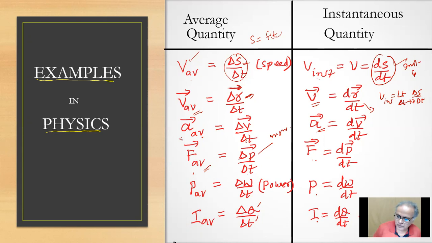Children, anybody would like to say something? If you have heard of average speed and instantaneous speed previously, do you think your understanding has improved now? If you haven't heard, no issue, because there's no need to learn wrong things and correct them. For the very first time, if you learn it properly, that's well and good. But supposing you had some idea and now you think, okay, this is how it becomes more clear, that will also be good.